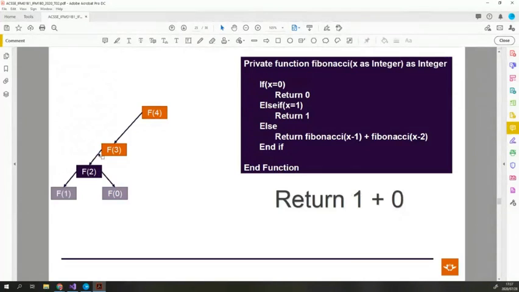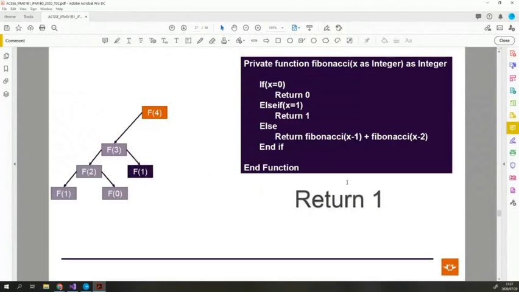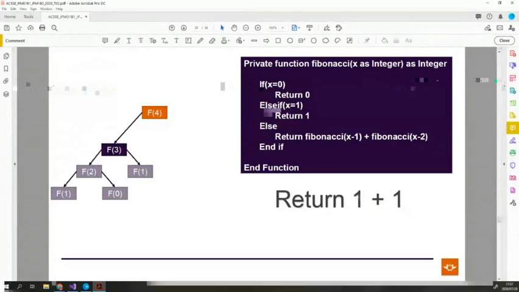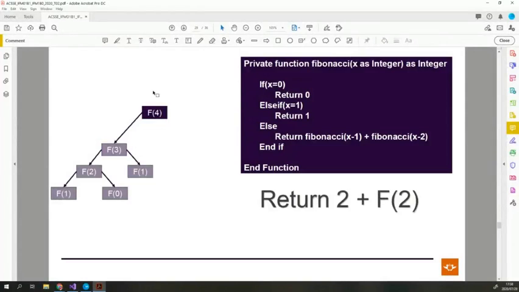So when that goes back up to Fibonacci of 3, where it was called, we've got that left side equals 1. And now we can go to the right side, where Fibonacci of 1 is simply 1. Going back up, we've got 1 plus 1. All right. Then from there, going back up to our first call of Fibonacci of 4, you can see that now